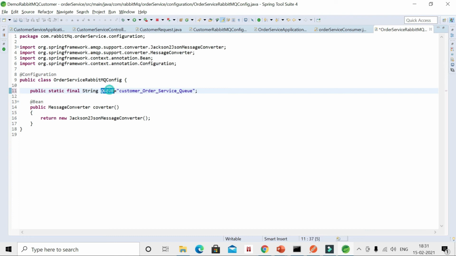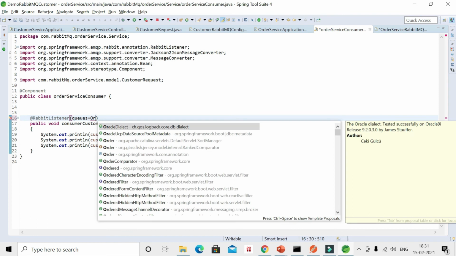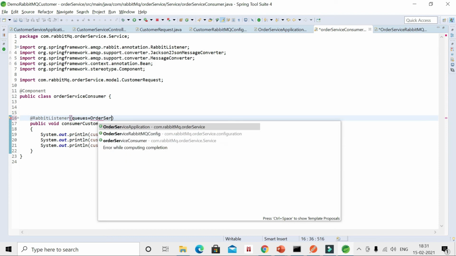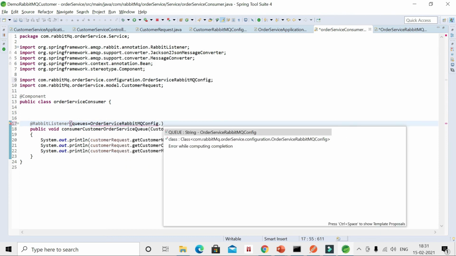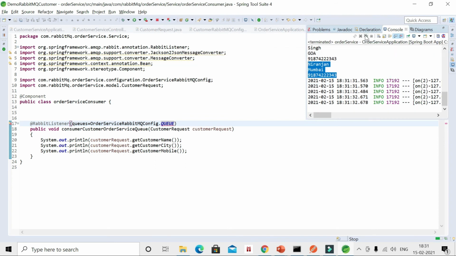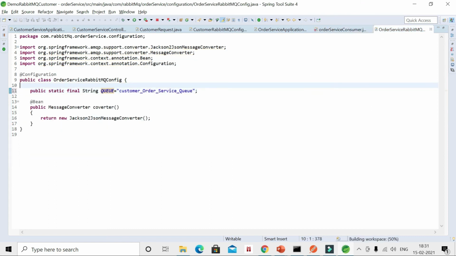From here you can copy, and from here you can give like what is an order dot q. Again we'll run, we'll stop this one. It is not saved, that's why.